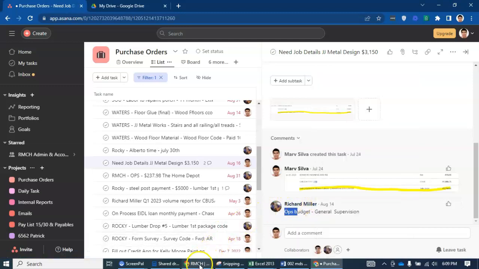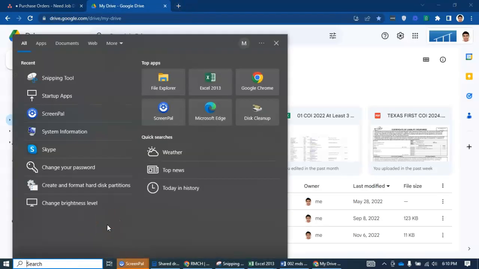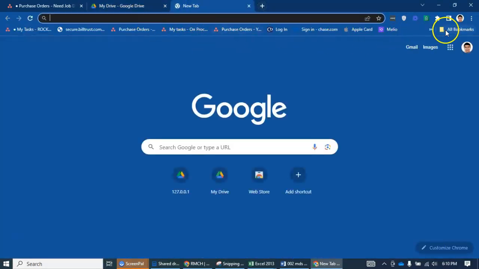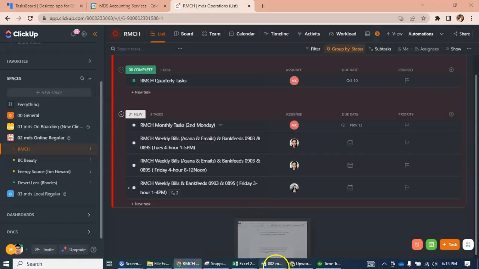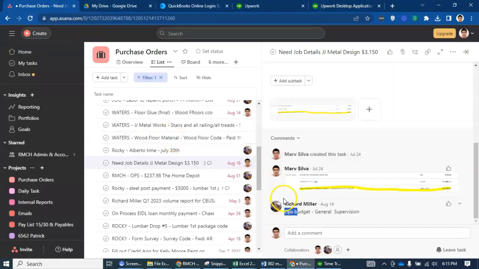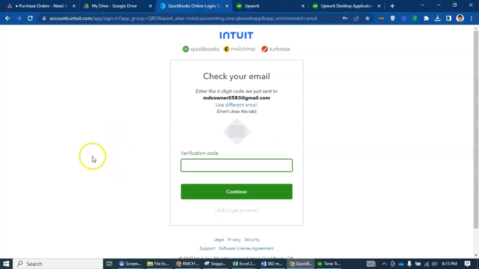It would be recorded directly to QuickBooks. So that is how we're going to work with Asana. This is operating budget, so this is to be recorded directly under QuickBooks.